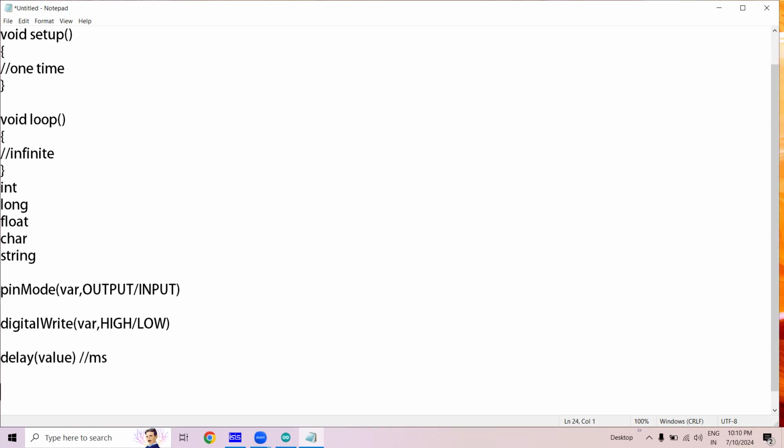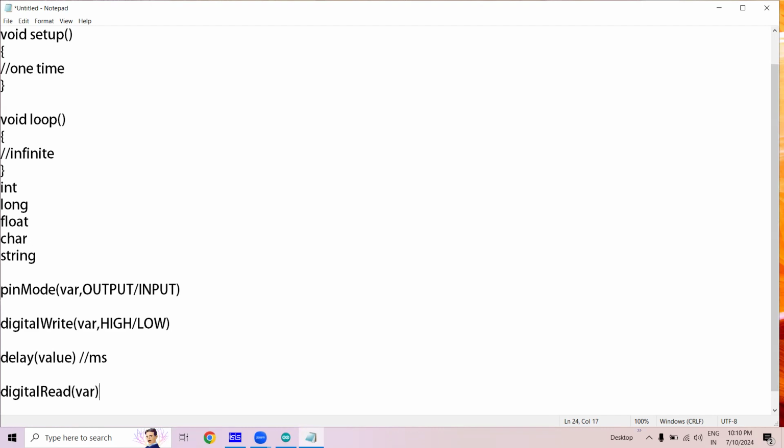Then if we want to read the data, there we use the masking process. There we use the masking, and then we started comparing it inside the if loop. So here, if we have to read the data from any pin, we have a simple command called digital read, and whatever we want to read from a variable or a pin. In case of digital write, we need to write either high or low, but in case of